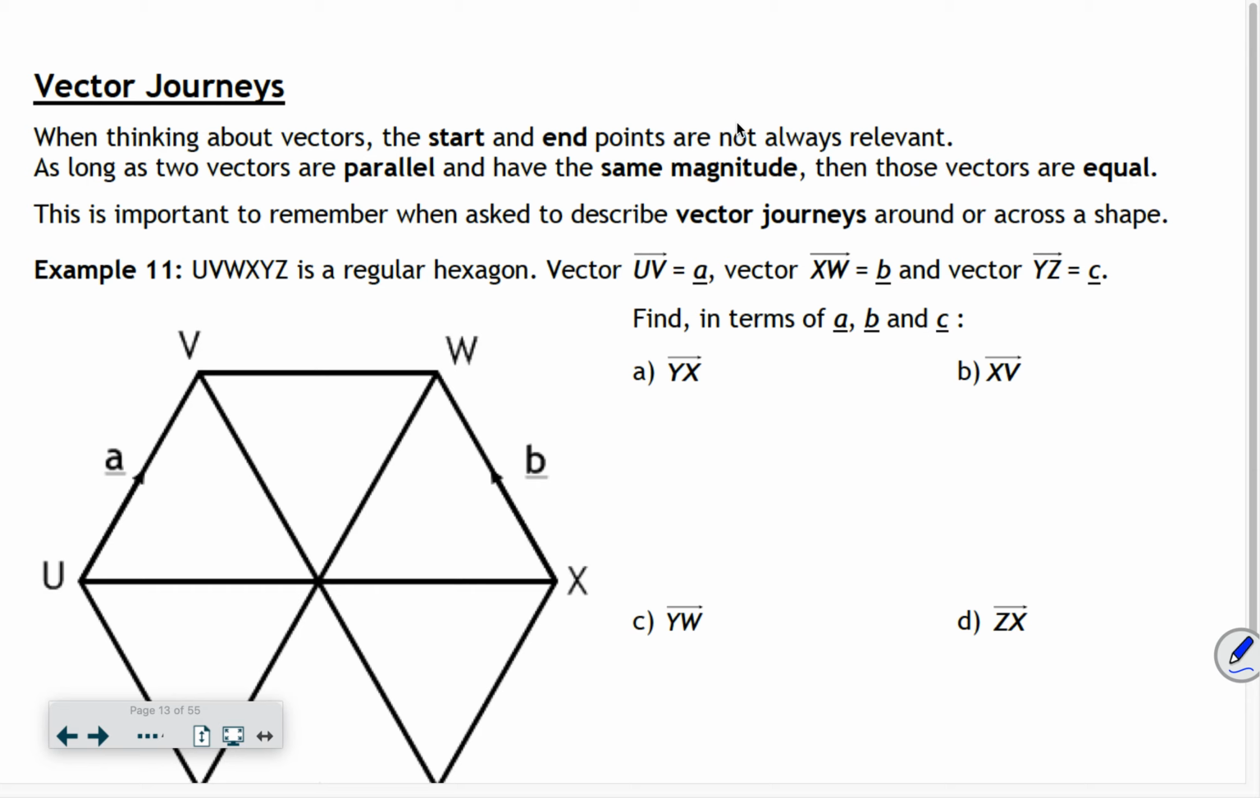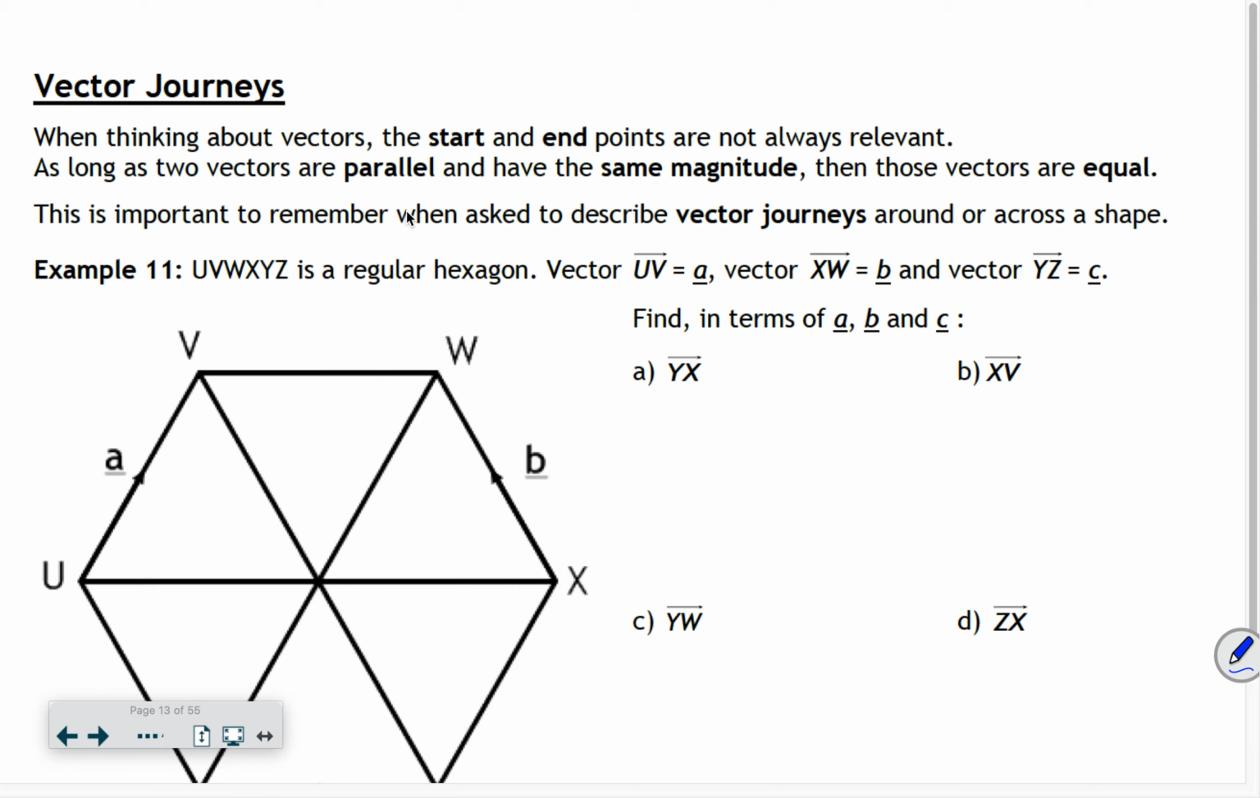Okay, in this video we're going to take a look at vector journeys. When thinking about vectors, the start and end points are not always relevant. As long as we have vectors that are parallel and have the same magnitudes, then we consider those vectors